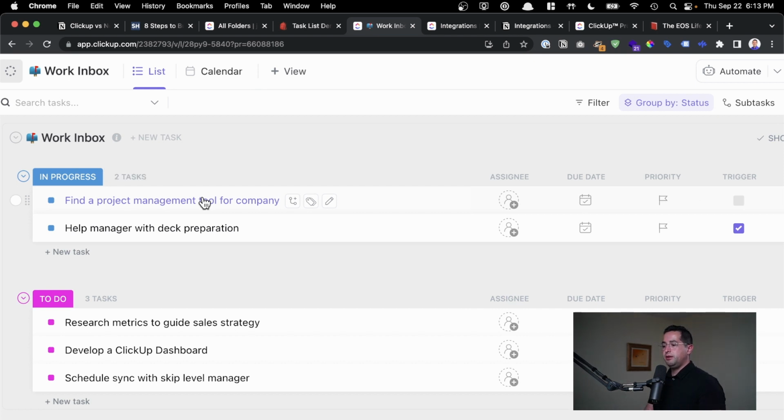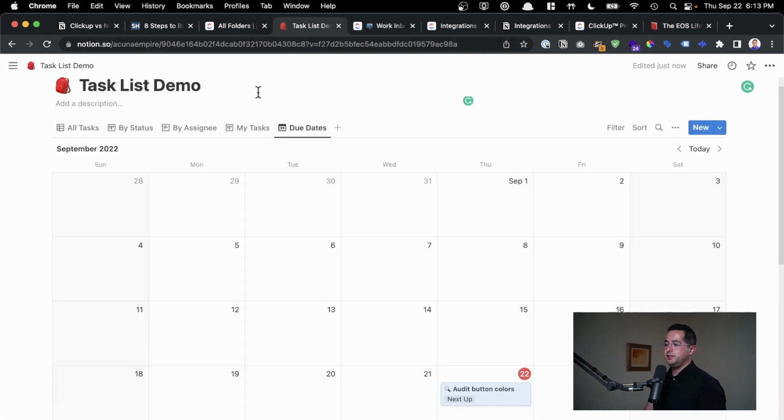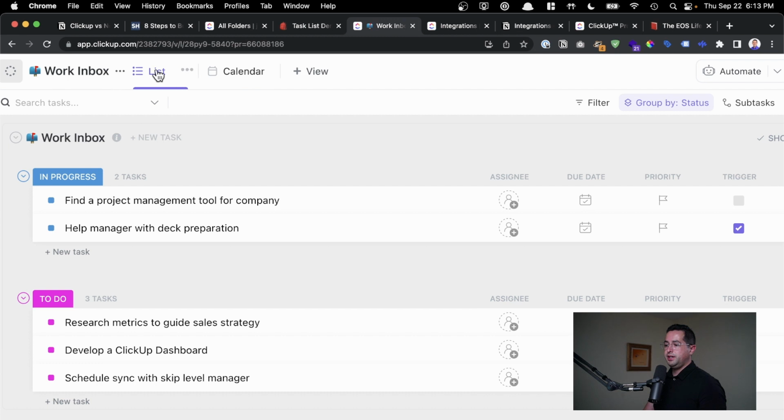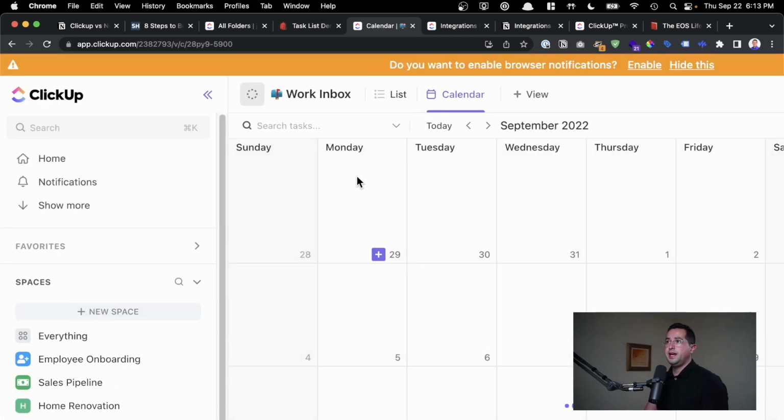And so say I want to see this in a calendar. You can see the same list view, much like these are called list views, where you can view the list in just different ways. So here we want to view it as a calendar. So if I view that list as a calendar,